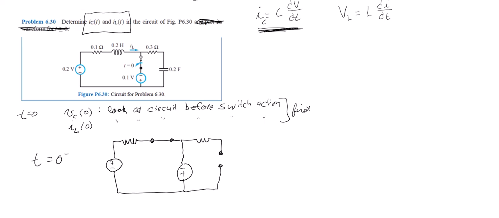So since I have an open circuit over here on the right-hand side, I don't have any current over here, so there's no current here. That doesn't mean that there's no voltage. There is definitely a voltage. This open circuit is in parallel with this voltage source. And so